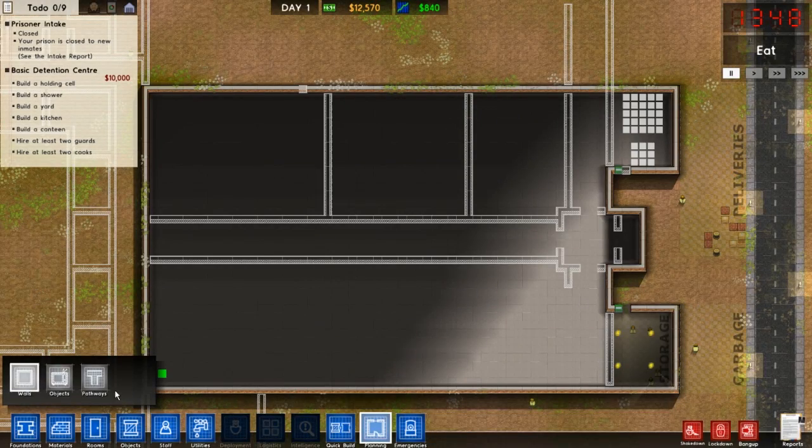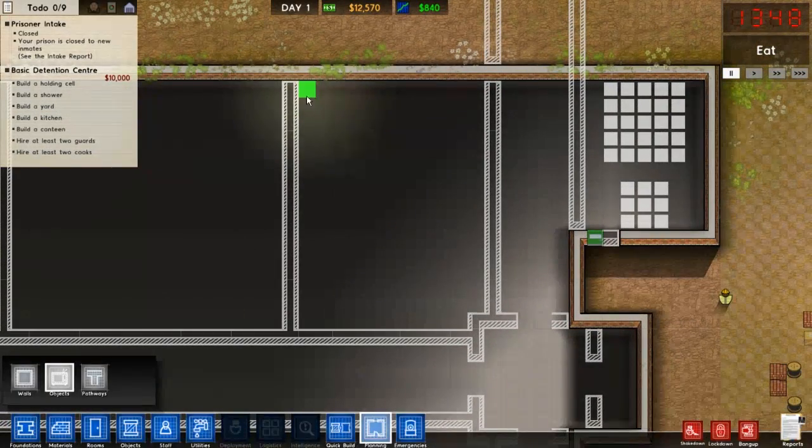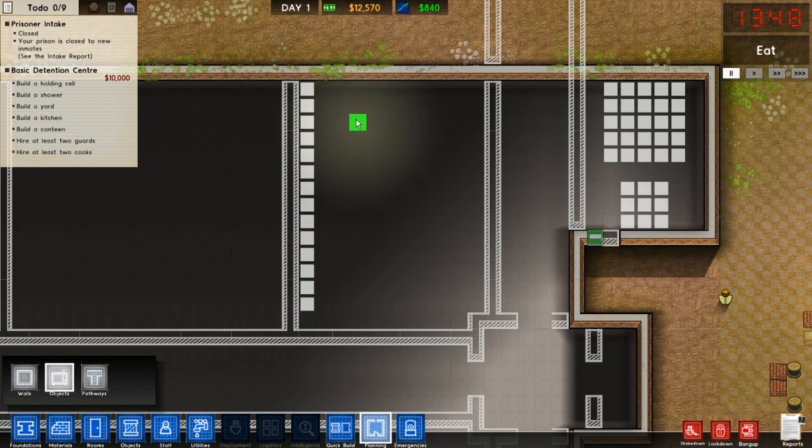I always forget that I have other object modes now. When I first started playing this, they didn't have that. So the cookers and stuff I could hold, and then fruit coolers. So I think I may do that right there,